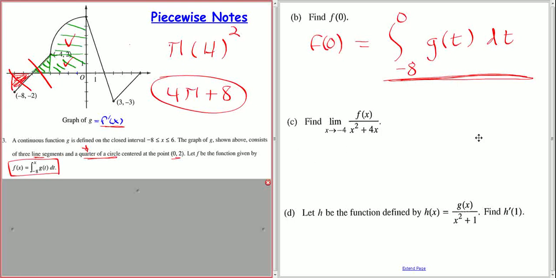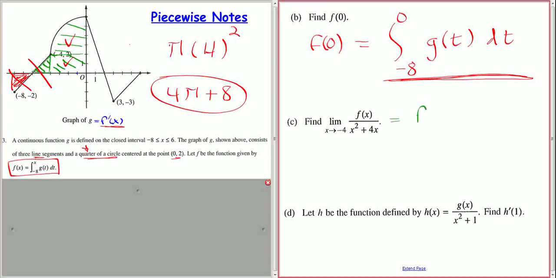So our answer is 4 pi plus 8. So now I think we're ready to move on to C, hopefully. And that's a limit problem, and it's been a while since we've done some limits, but x is going to -4. First thing I always do with limits is I just straight up plug in, and I see how that